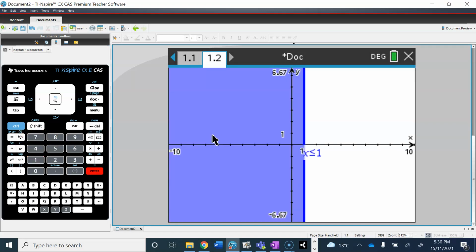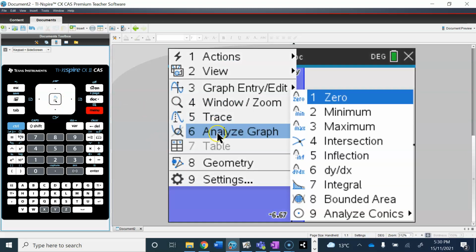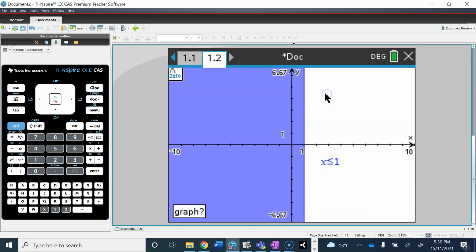And when you hit enter, you can see there that the graph shades the required region. The calculator shades the required region. Okay, if you wanted to analyze the graph and get x-intercepts or whatever, it works exactly the same way as normal. So if I want the x-intercept, menu, analyze, zero, and then,